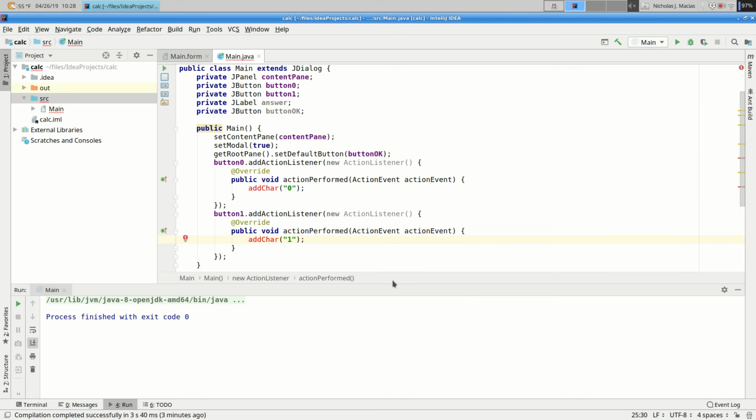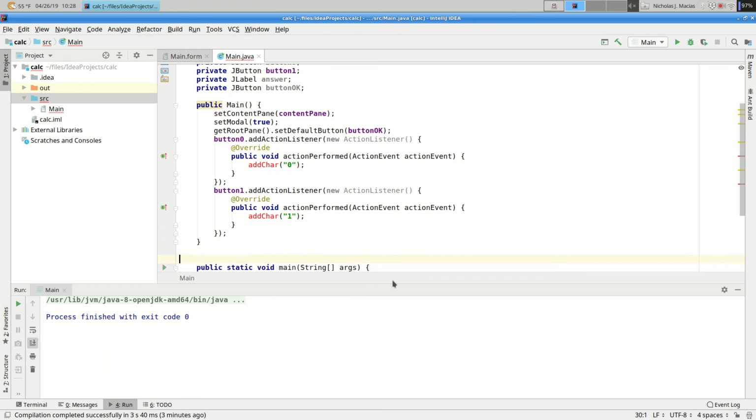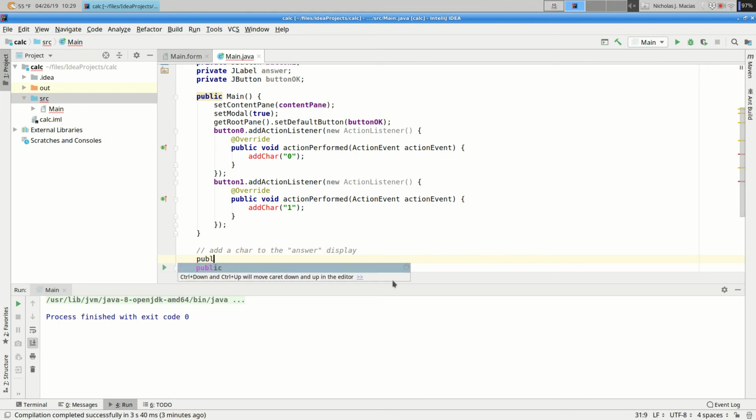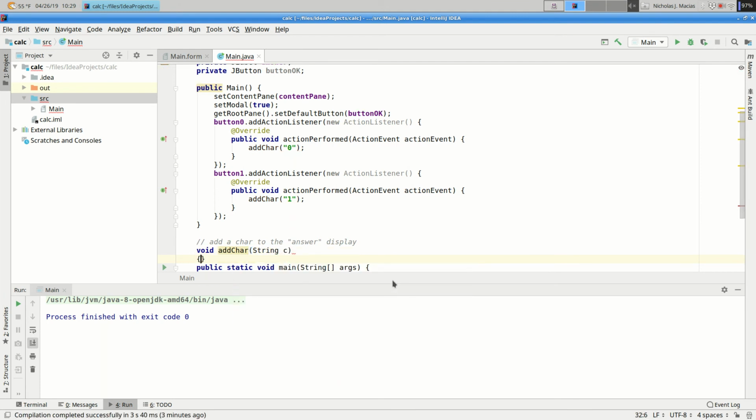All right, why am I putting this in an addCharacter method? Because it's going to be almost the same code, and I don't feel like writing it twice. And if we get it backwards and we want to change it, I don't want to change it in 2 different places. So let's make our addCharacter method.